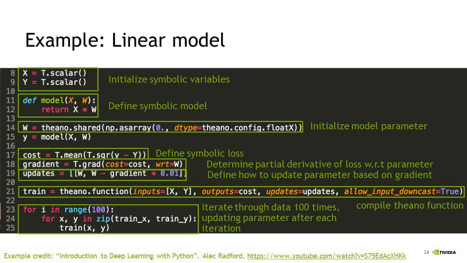And then finally, we just iterate over our data set. So this was train X and train Y for the coordinates of our data points. We do that 100 times. Each time we invoke this Theano function, the cost is calculated based on our current value for W and the training data X and Y, and then we make an update to that W value to reduce that cost function next time we see that same piece of data.